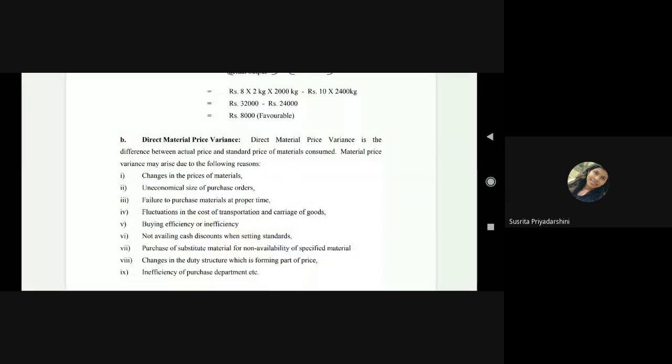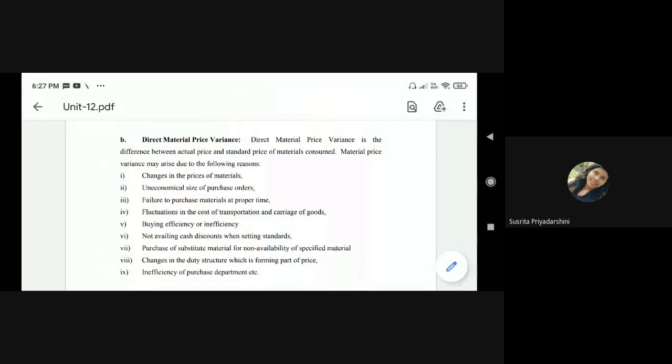ओके, तो पहला वाला जो आ गया मटेरियल प्राइस वेरिएंस के लिए, तो प्राइस वेरिएंस में हम क्या लेंगे? तो यहाँ पर नाम बता रहा है कि ये प्राइस का डिफरेंस होगा, प्राइस वेरिएशन। तो स्टैंडर्ड प्राइस और एक्चुअल प्राइस के बीच में हमारा जो डेविएशन होगा उससे हम मल्टीप्लाई कर देंगे एक्चुअल क्वांटिटी के साथ। तो ये हो गया हमारा डायरेक्ट मटेरियल प्राइस वेरिएंस। तो यहाँ पर लिखा गया है, देख लो। डायरेक्ट मटेरियल प्राइस वेरिएंस इज द डिफरेंस बिटवीन एक्चुअल प्राइस एंड स्टैंडर्ड प्राइस ऑफ मटेरियल्स कंज्यूम्ड।